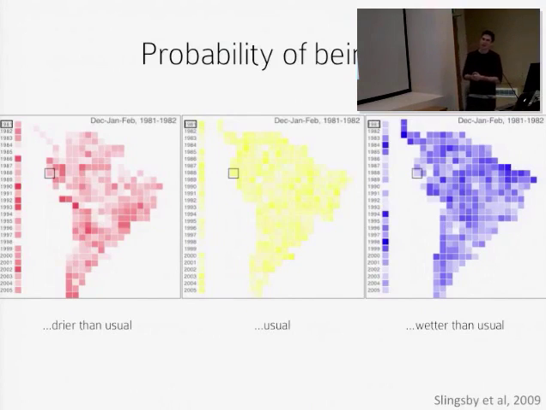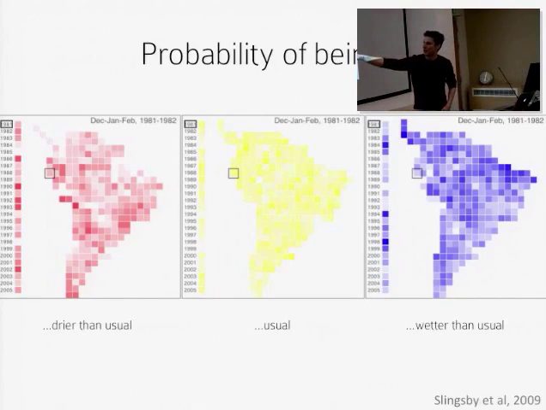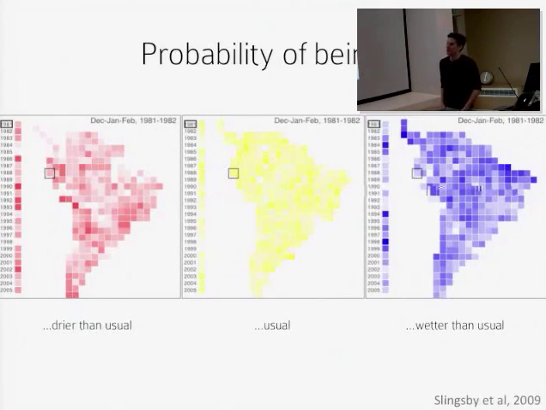I can't remember how many forecasts this is built on, but I think it's a very large number. So some were saying that in certain places it was wetter than usual, some were saying that in certain places it was typical, and some were saying that it will be drier than usual. So there are three possible outcomes that we could have at these different locations.